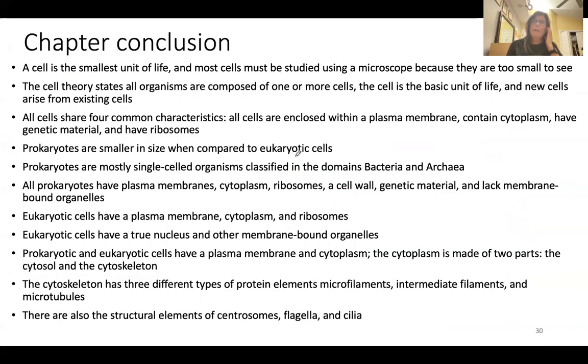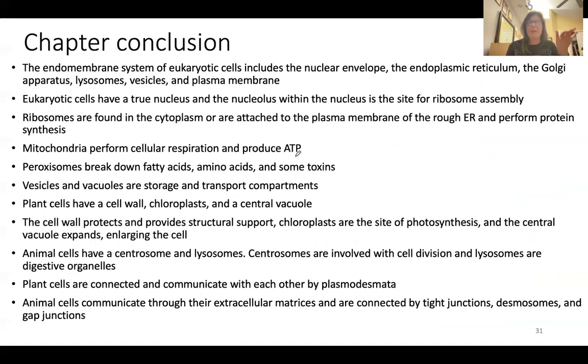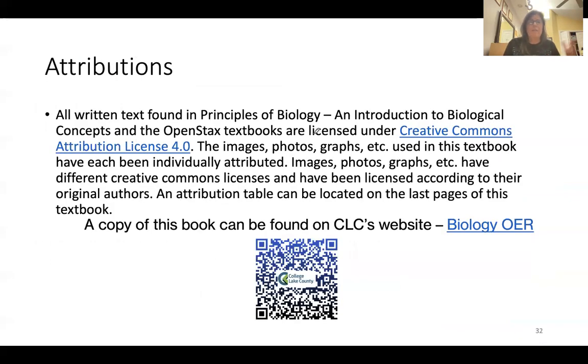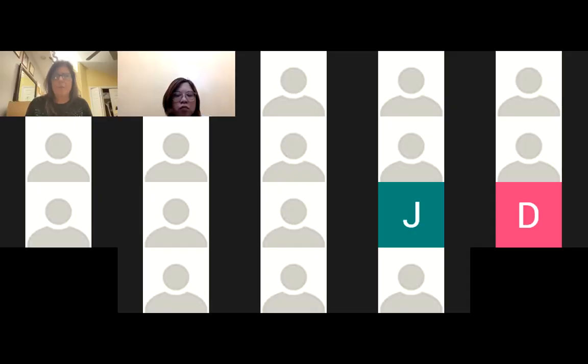Oh, and so the last slide here, basically the last two slides, I'm not going to read through all this. You guys can read through it. It's basically telling you what you should have gotten out of this chapter, what you should have understood through reading, through the lesson. Some of this you might have gotten in the lab. And then of course, the references and stuff. Okay. So at this point, I am going to